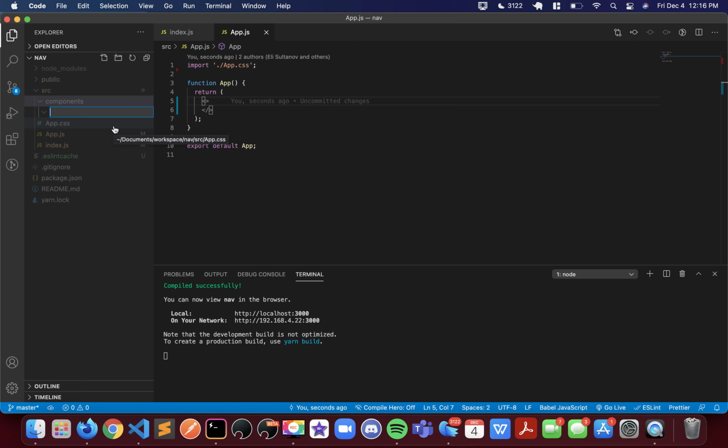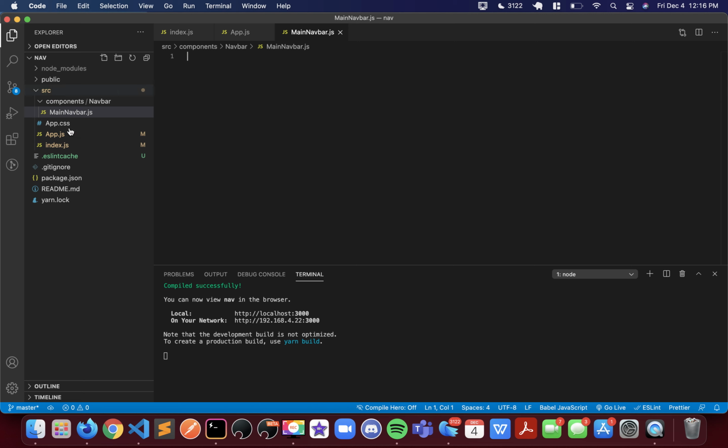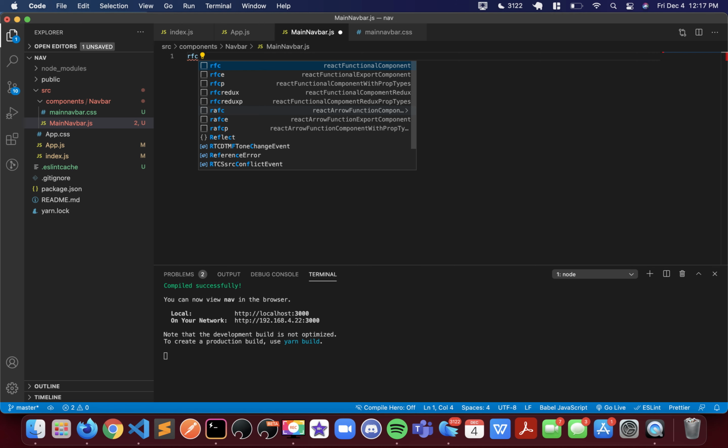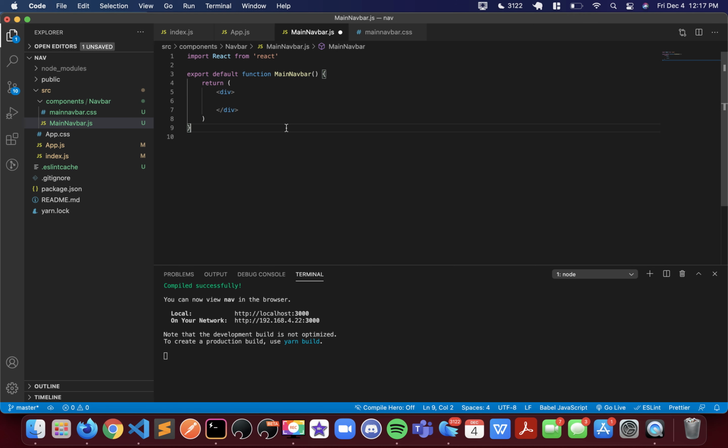So inside the components we're going to have a folder called Navbar, and Navbar is going to have a file called MainNavbar.js. We're also going to need a CSS file here, so let's just call it MainNavbar.css. Now let's do RFC, and basically the way I type this, RFC stands for React Functional Component,